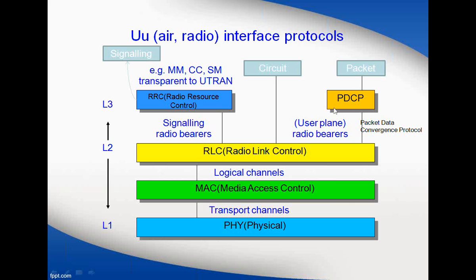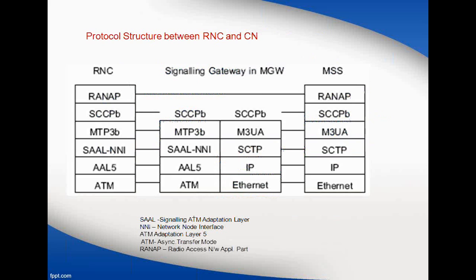And here you will be able to see a new component, PDCP. This PDCP is nothing but Packet Data Convergence Protocol. We will see what this PDCP is in detail. But here, this is how you have a CS domain, you have a PS domain. How exactly the mapping happens, I'm just giving the outline.